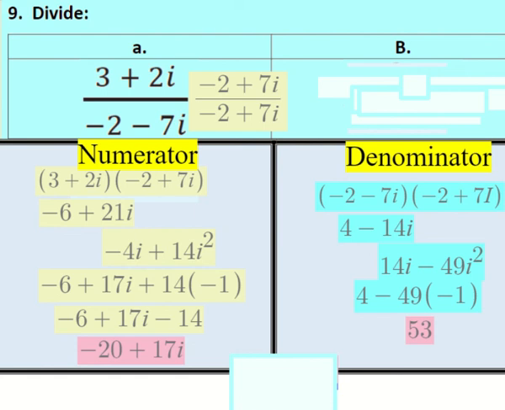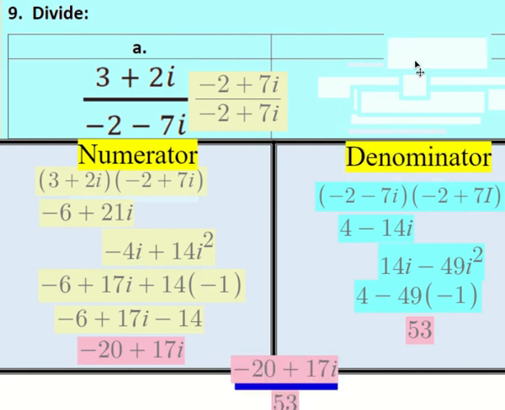And that's the big point of working with the conjugate, is then we get a nice clean denominator and the ugly stuff stays upstairs in the numerator. So we write our fraction as negative 20 plus 17i all over